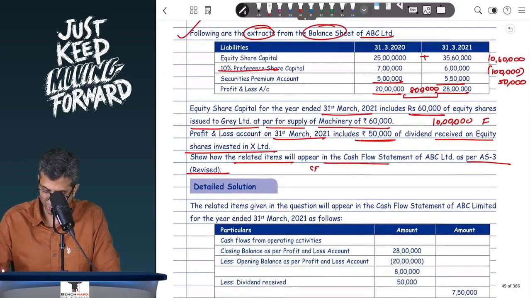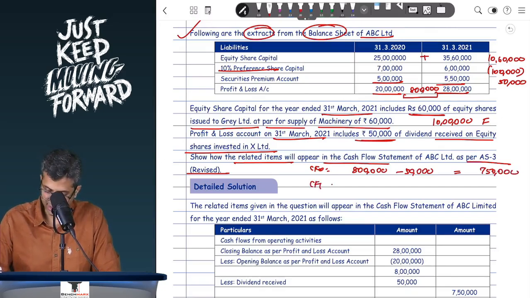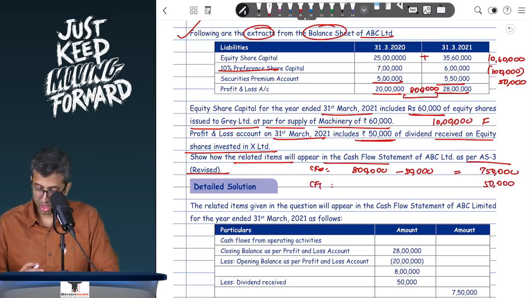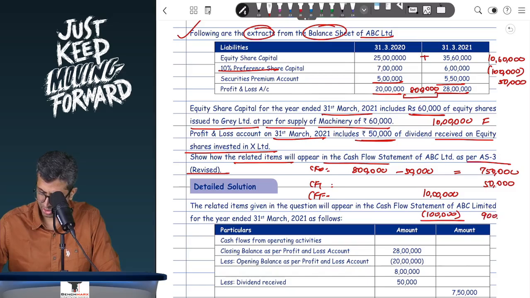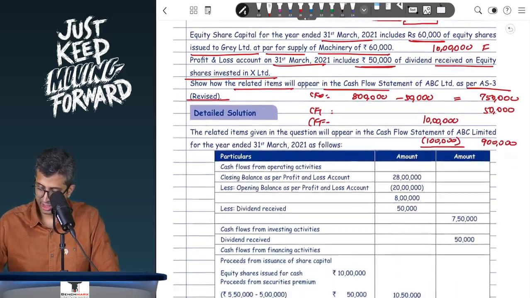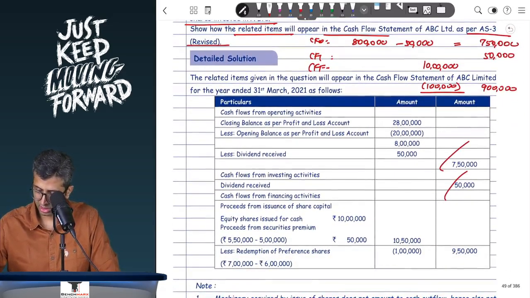Now if I look at the cash flow from operations, I will say 8 lakhs here, but out of this 8 lakhs, I'll subtract 50,000. I don't have anything else, and then 7 lakh 50 maybe my cash flow from operations. Within investing, the same 50,000 will appear as dividend income, cash flow from investing. Okay, next, when I look at financing, there will be equity shares worth 10 lakhs, which is positive. There's a redemption worth 1 lakh, which is negative. And as this sums to be 9 lakh, so 7 lakh 50, 50,000, and